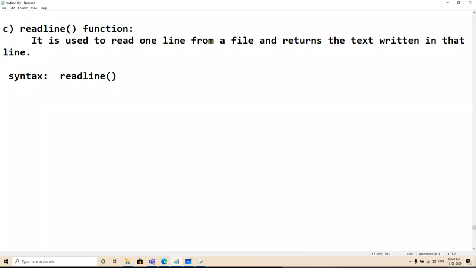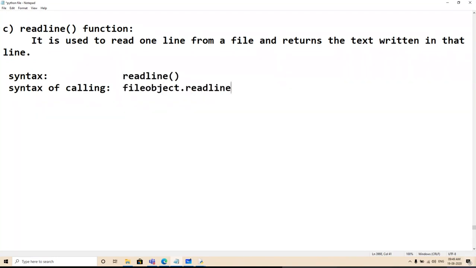And syntax of calling: same file object dot read line. That's it. Let's do one question. So this is used for reading line by line. Write a program.